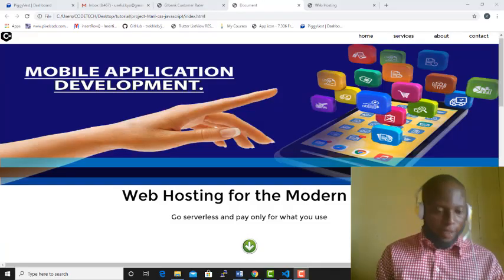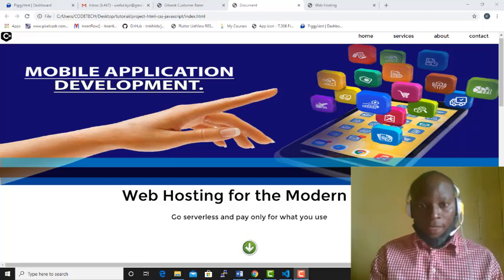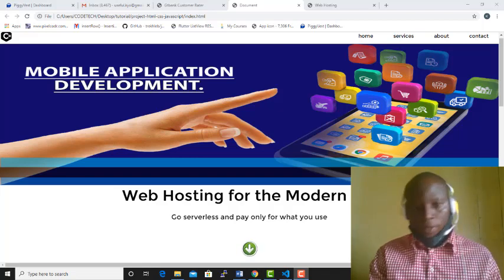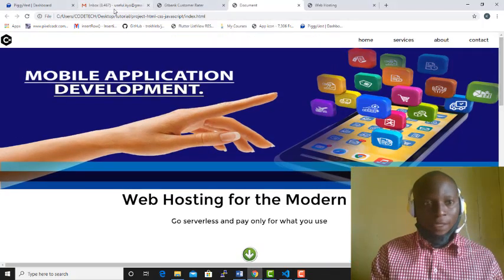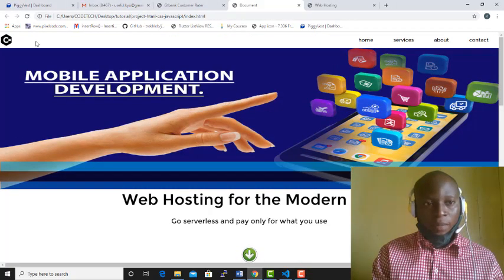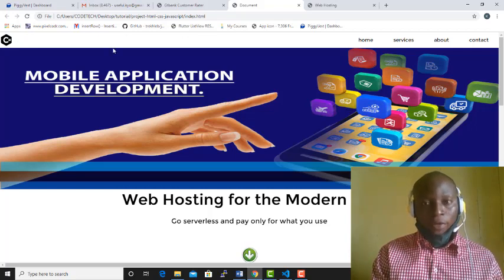Good day and welcome to another lecture on web application development. Today we are going to continue from where we stopped in the last lecture. In the last lecture we were able to do the HTML basic structure for the header. So right now we are going to graduate to another section entirely, and the section starts all the way from